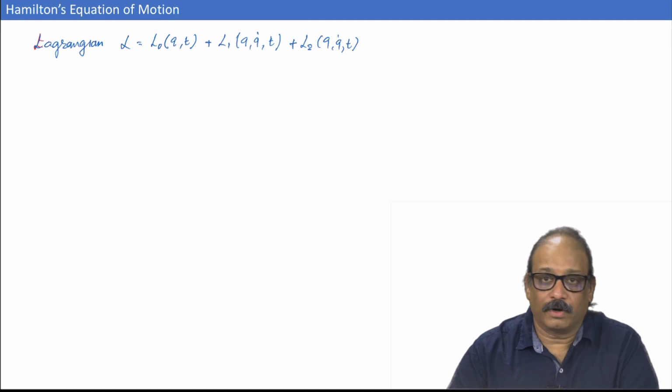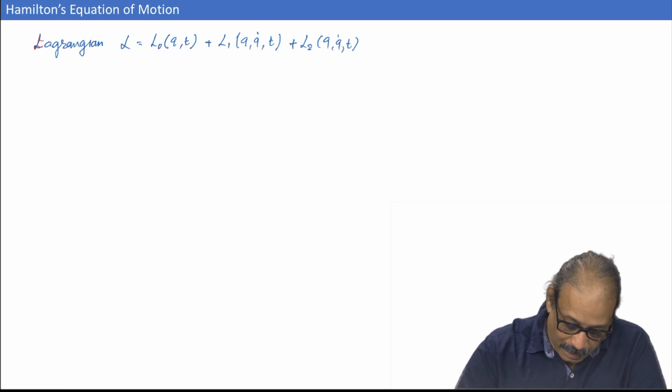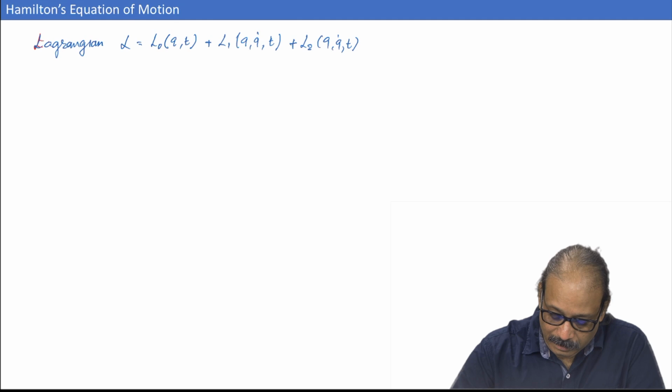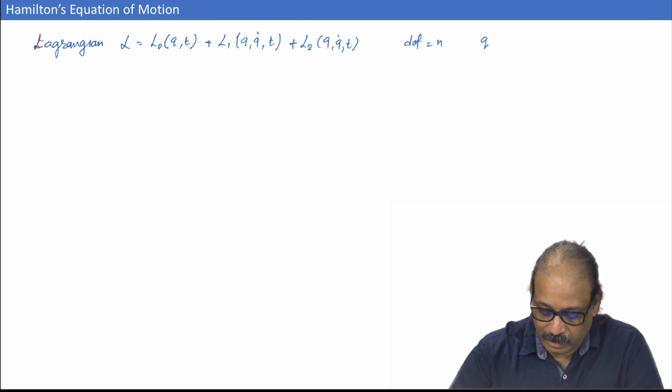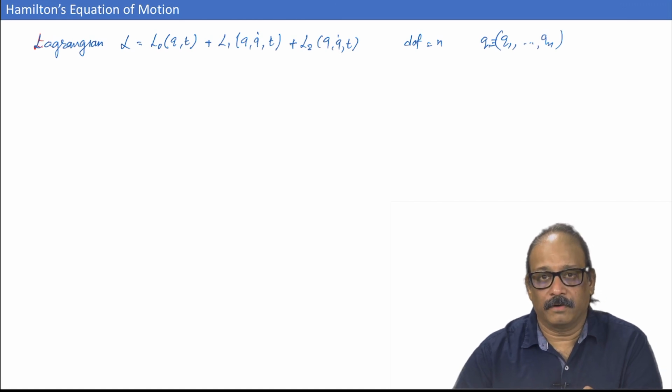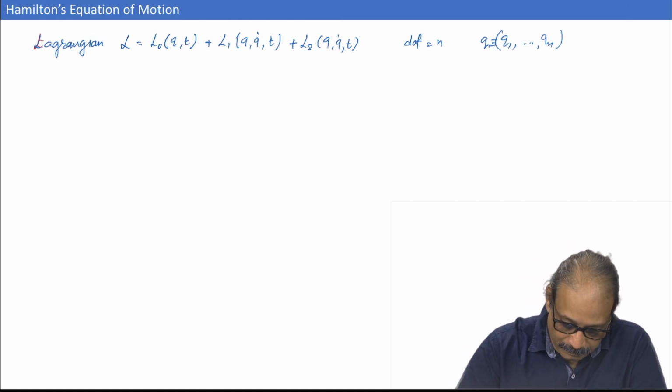So, what can be the form of L 1? Let me write down the degrees of freedom is equal to n, which means you have generalized coordinates going from q 1 to q n. So, the form of L 1 now will be...